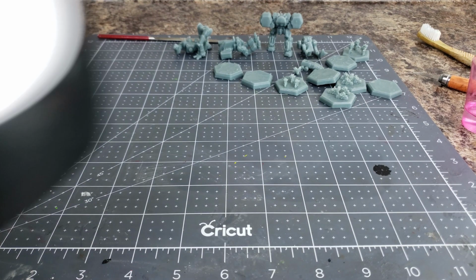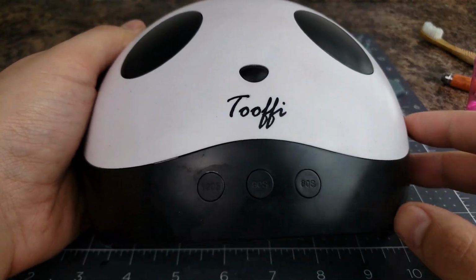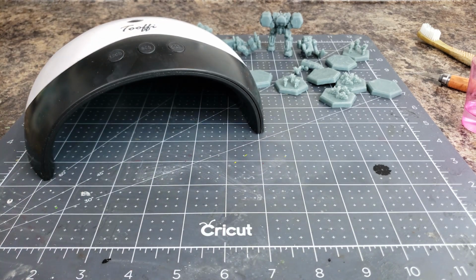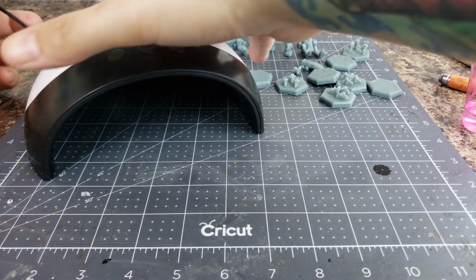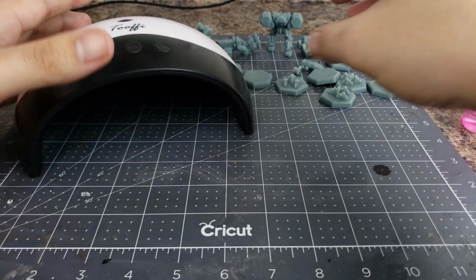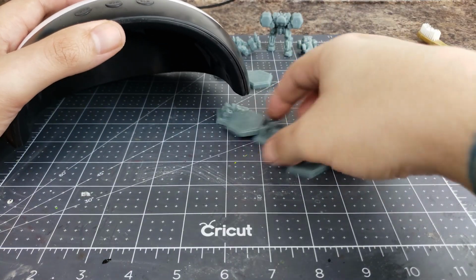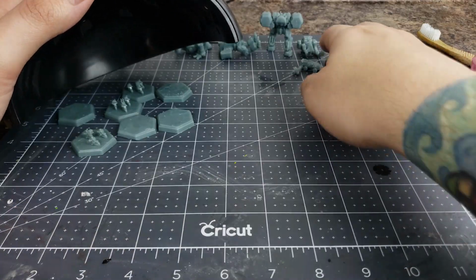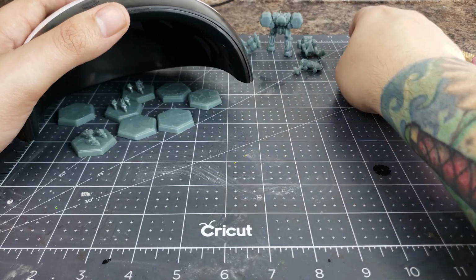Now that I got the models all cleaned up, I'm going to go ahead and toss them back under my UV nail curing station just to really ensure that they're nice and hard cured before we move on to assembly and then painting. Although these models have already been through a curing cycle before, I really want to make sure there's absolutely no resin left over on the surface and to cure them up nice and stiff underneath this here